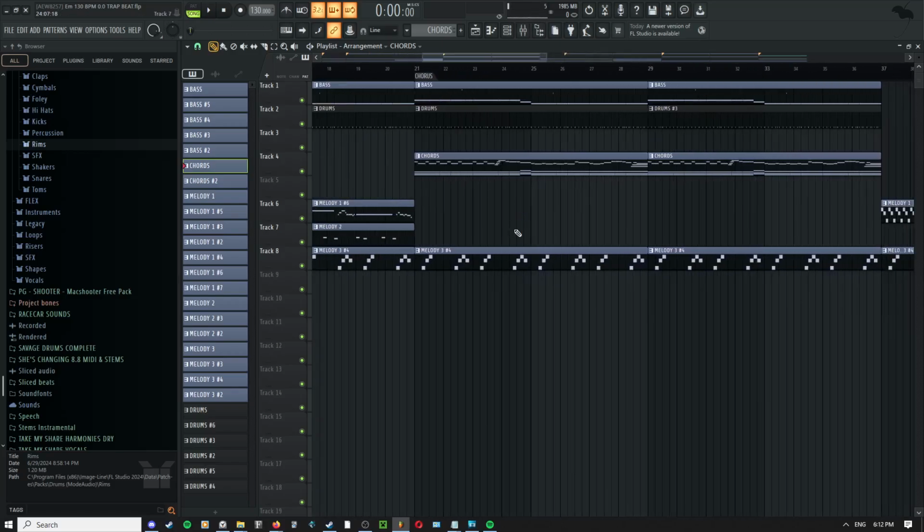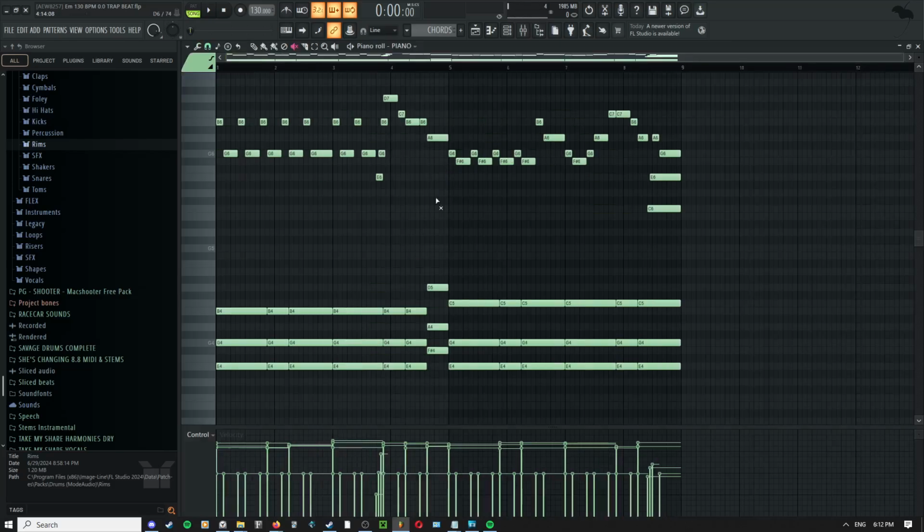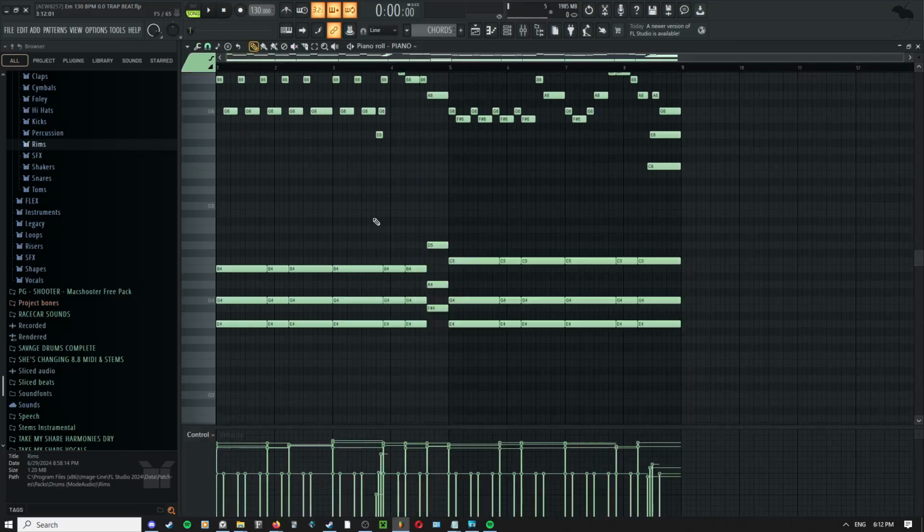So let's break down the chord progression because this is where it all begins. The other day, I was listening to Drake No Face, and I noticed that the chord progression that was used in that song is used in a lot of trap music. In fact, I think the 1-6 chord progression, which is the one used in No Face and the one that is going to be used here, is responsible for a lot of trap tunes,